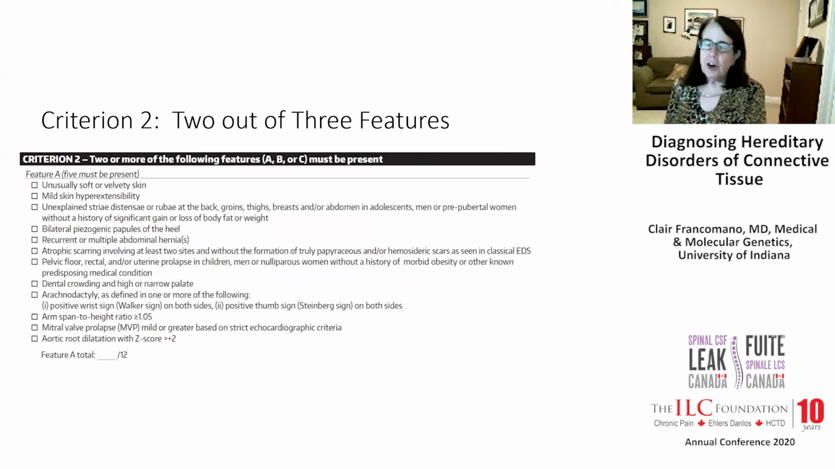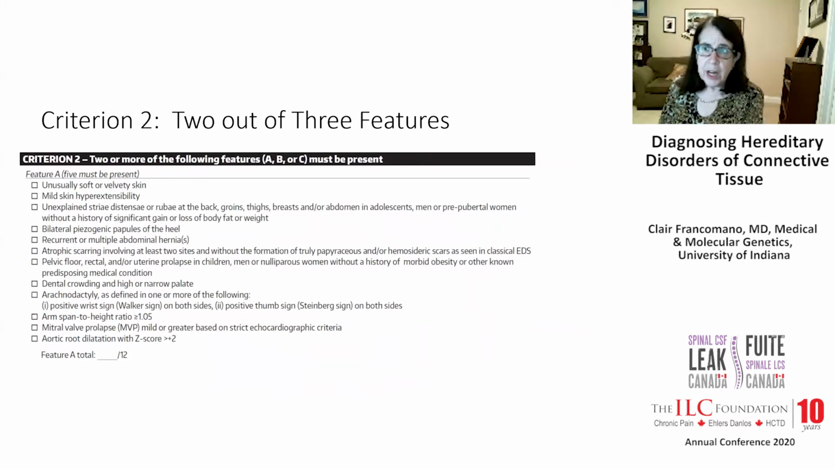Now, the second criteria for hypermobile Ehlers-Danlos syndrome is that a person must have 2 out of the 3 features in criterion 2. So feature A is this list of, so we might consider them to be systemic findings, including unusually soft or velvety skin, mild skin hyperextensibility, unexplained striae or stretch marks that were not associated with weight gain or pregnancy,